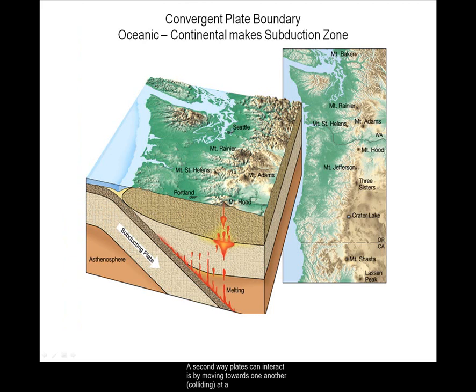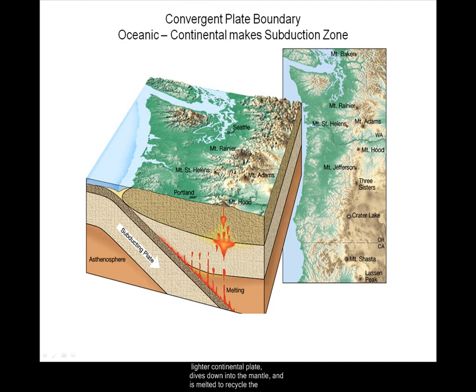A second way plates can interact is by moving towards one another, or colliding, at a convergent plate boundary. Several different things can happen depending on what types of plates are converging. First, let's consider an oceanic plate converging with a continental plate. In the last video lecture, we learned this produces a subduction zone, where the denser oceanic plate sinks, or subducts,